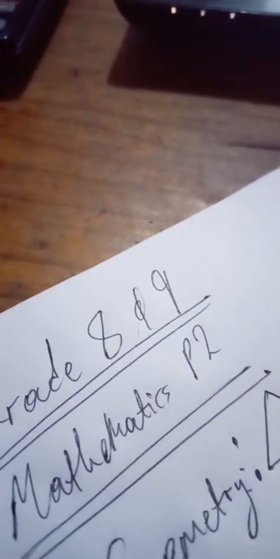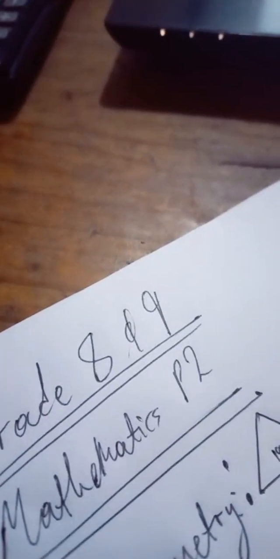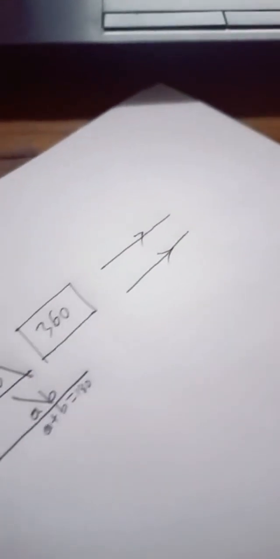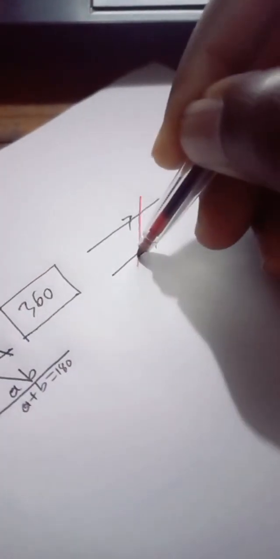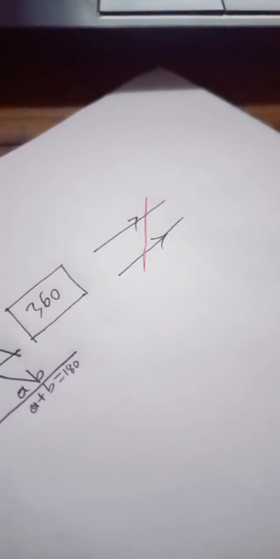Algebra, yes, it comes into paper 2, but algebra is the language. It's literally the math. So algebra must be there, right? So the moment we come to straight lines, the parallel lines, we have